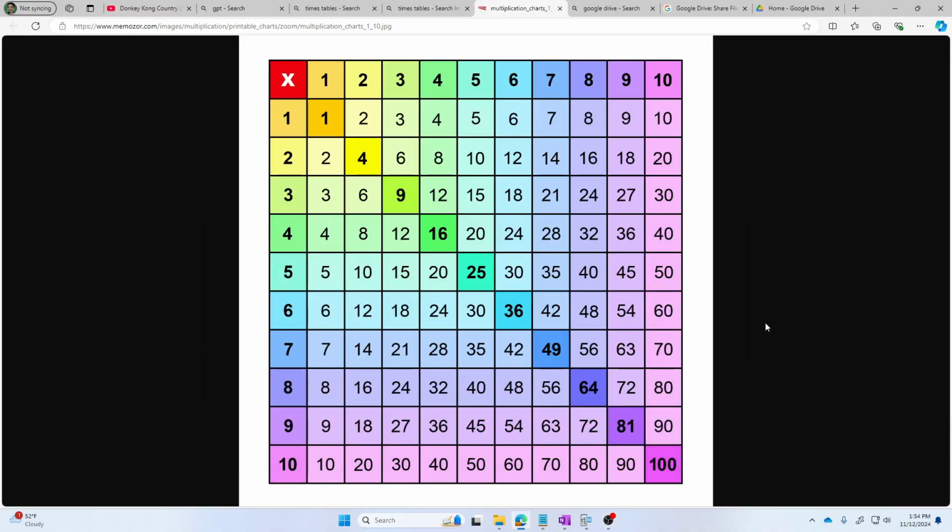So if I look, for example, in a times table, I'm looking for a number that shows up in the ones row and the twos row and the threes row. And it looks like the number that is showing up first in all three of those rows is the number 6. So I will try to make all three of my fractions have a denominator of 6.